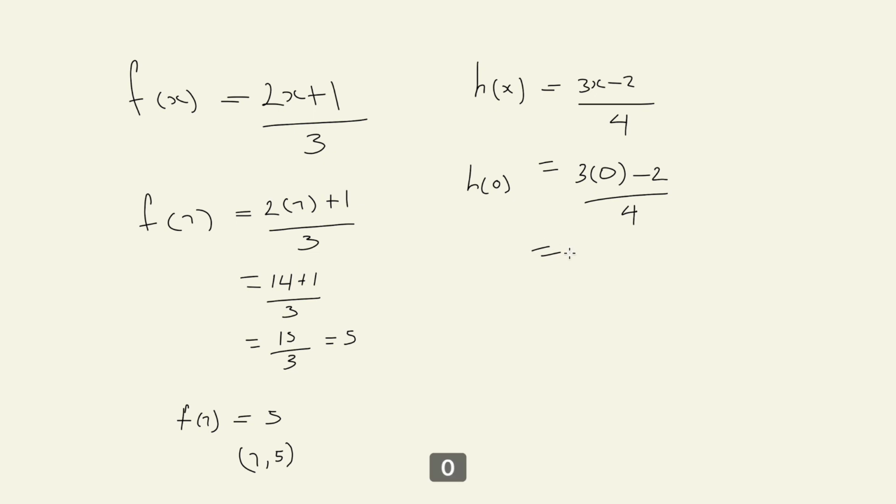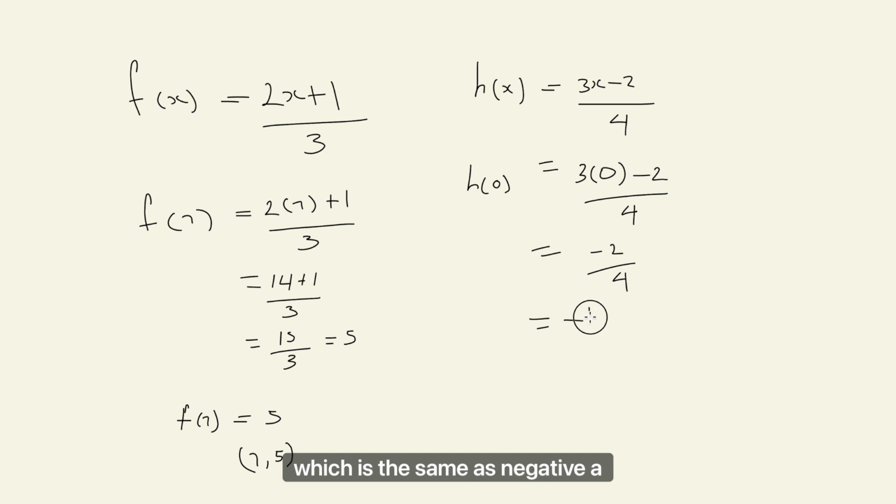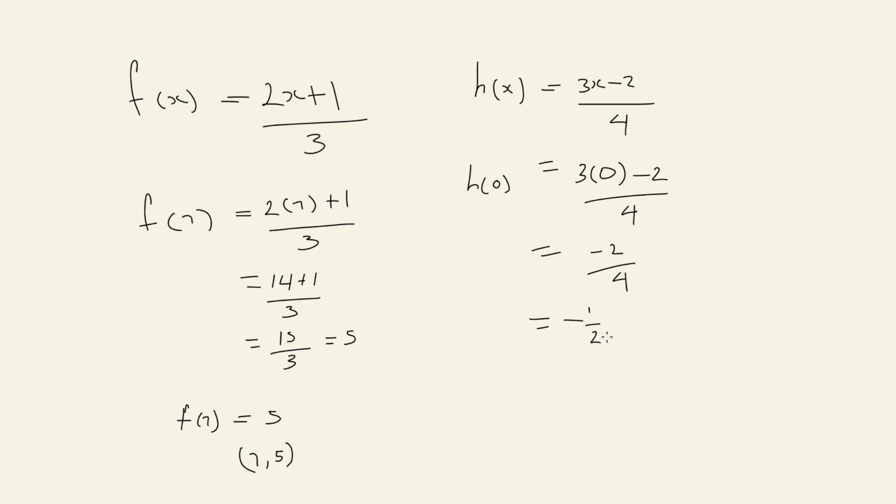Three times 0, anything multiplied by 0 is equivalent to 0. So your answer is minus 2 over 4, which is the same as negative a half. This is your answer. As a point on a graph, this is written